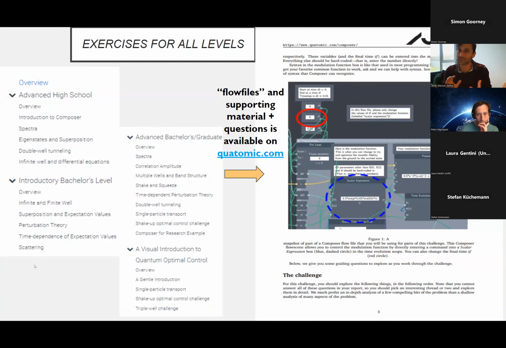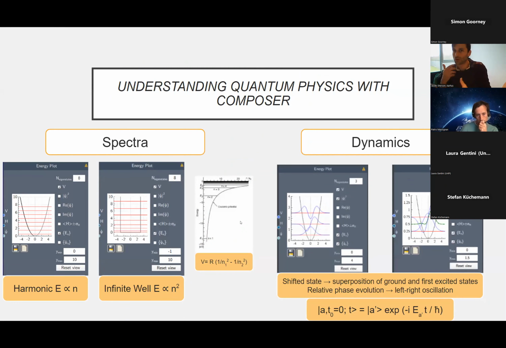We have over the past years been working on developing exercises for Quantum Composer at high school level, introductory bachelor level, and at bachelor graduate level, and for some research applications. And this can all be found publicly available at a site quatomic.com. So I'll talk a little bit about what we are intending to develop in the DDQ module, specifically tailored